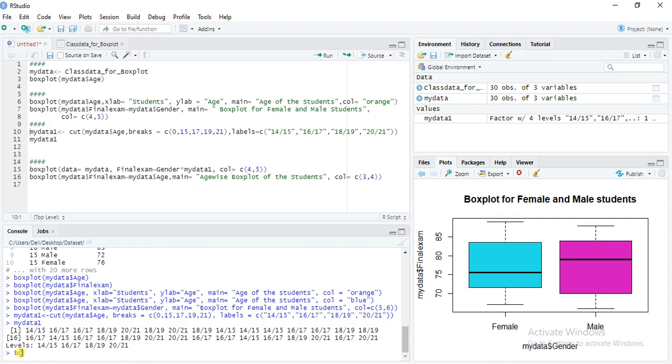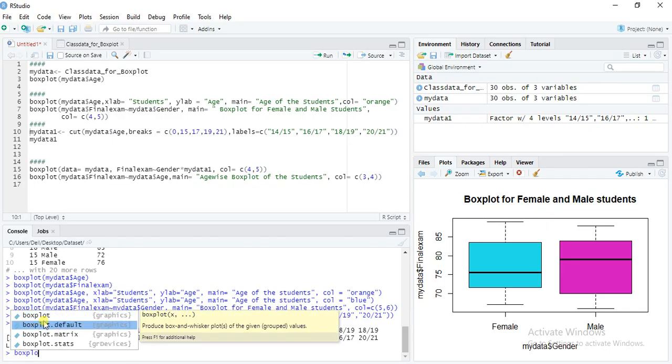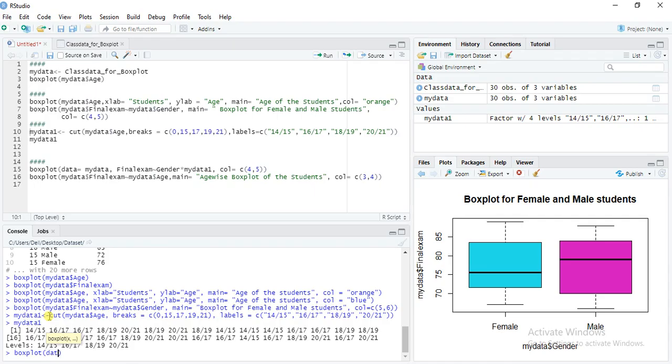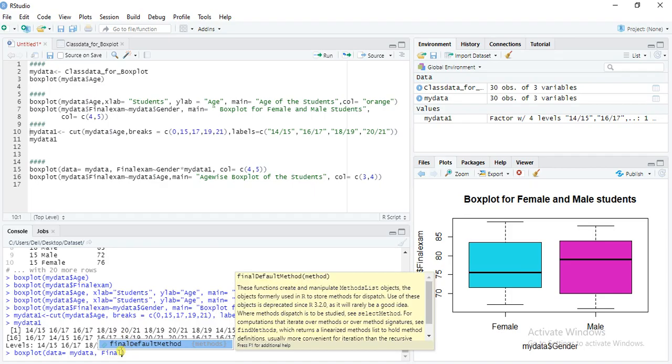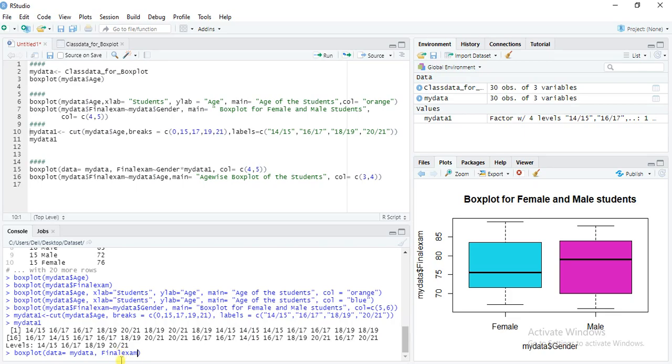So boxplot, within brackets data equal to mydata, comma final exam, tilde gender, multiplied by mydata1, col equal to c(4,5).